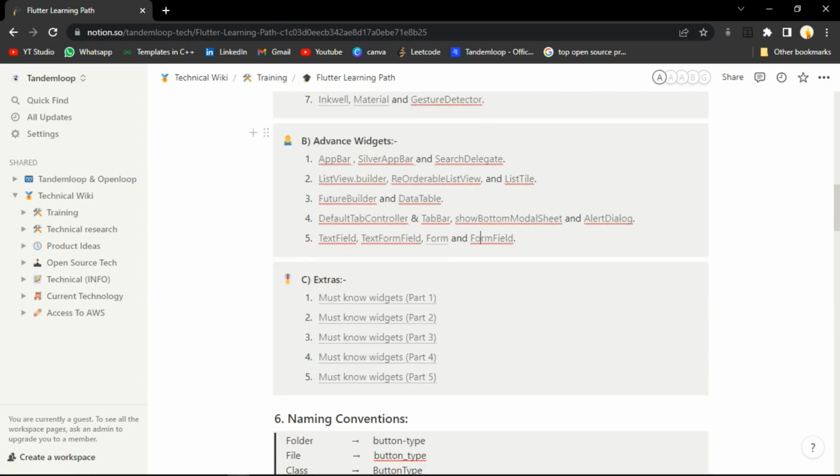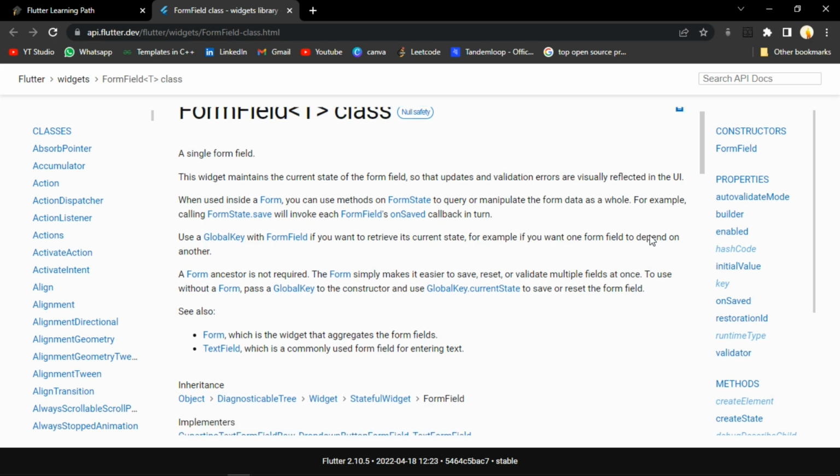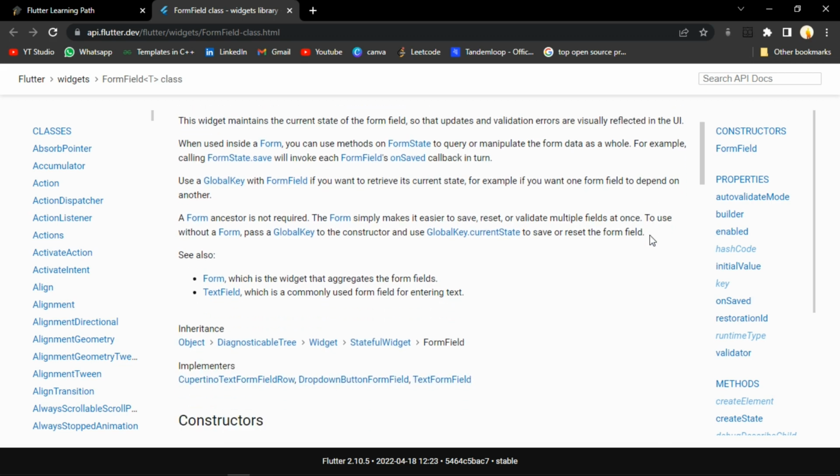Now let's move to the next widget that we have, that is form field. So let's open it. So here we have the widget form field. Actually, these are used for checking the validation of the text that we are entering in the field, and they will just tell you the current status of the form you're filling and the text field that you're filling, and the reason why any error is showing there. Like if you have not followed the rules, like if there was a rule that you can't use alphanumeric characters in the text,